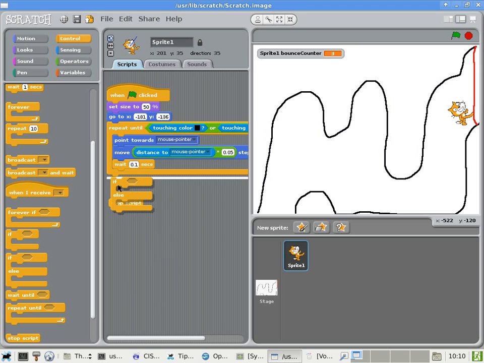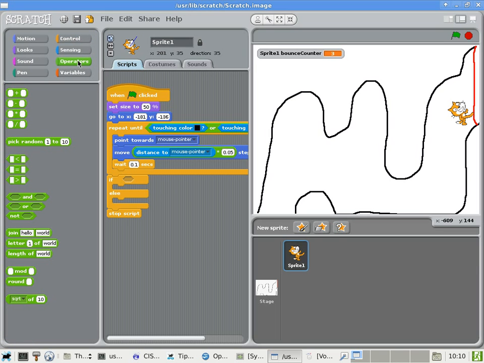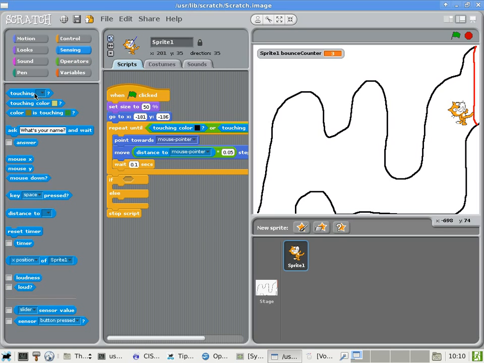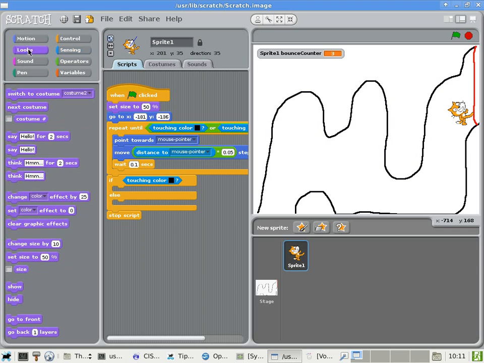Okay, so we'll go ahead and specify a conditional statement here, and the end will go after this. Just like that. And we can specify something like an operator. No, we don't want an operator. We just want the touching part here first. Okay, so we want touching color. We'll put it here. And we specify if it is touching black, then we say game over. Okay? So we'll go ahead and use looks and put a say bubble here. And say for 10 seconds,